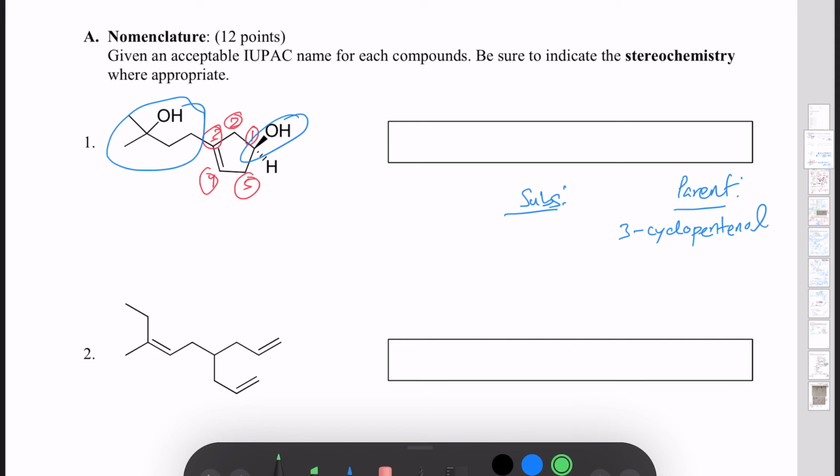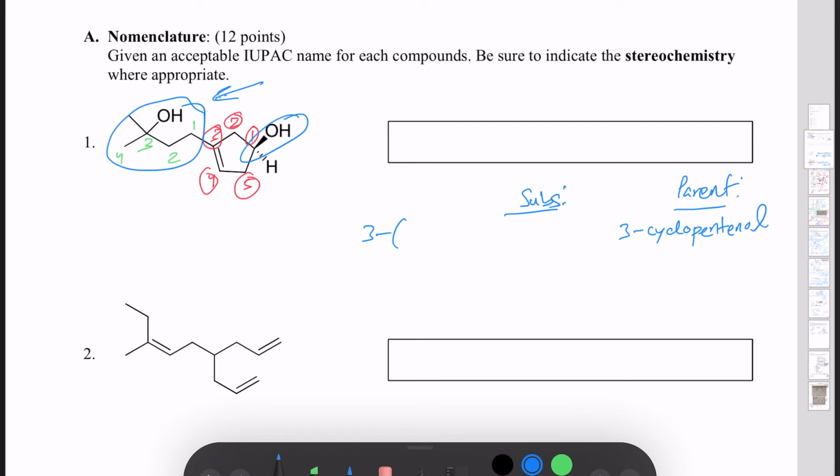1, 2, 3, 4. So now that we've numbered it like that, if we look at this complex substituent, we see right away that there is a methyl group at position 3 and a hydroxyl group at position 3. And in addition, this entire branched substituent, this complex substituent, is on the third position with respect to the main chain as well. So when we write it out, what we get is actually 3 and then parentheses to denote